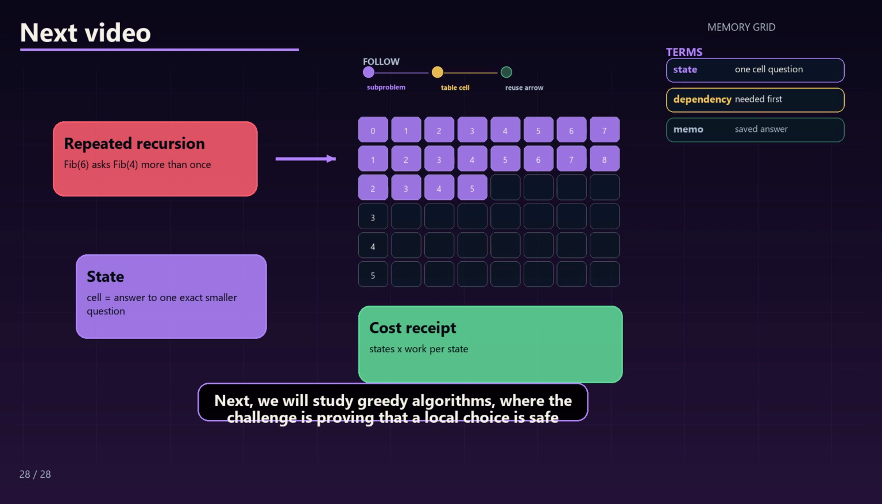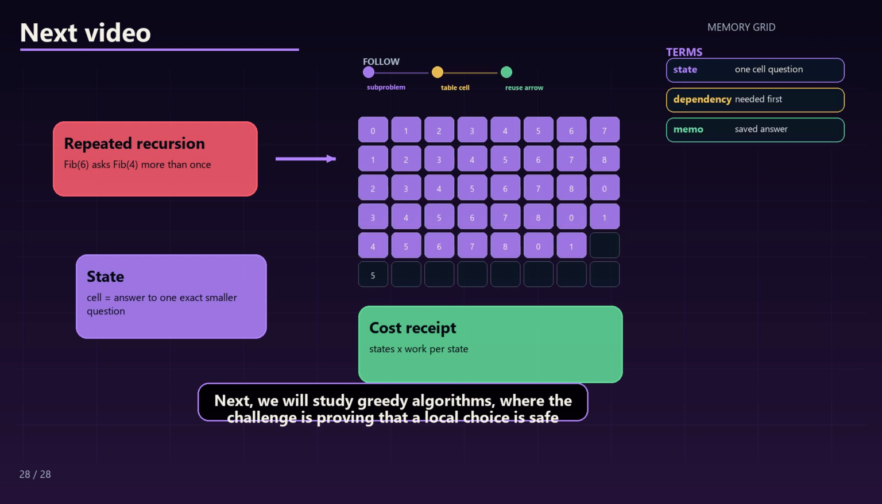Next, we will study greedy algorithms, where the challenge is proving that a local choice is